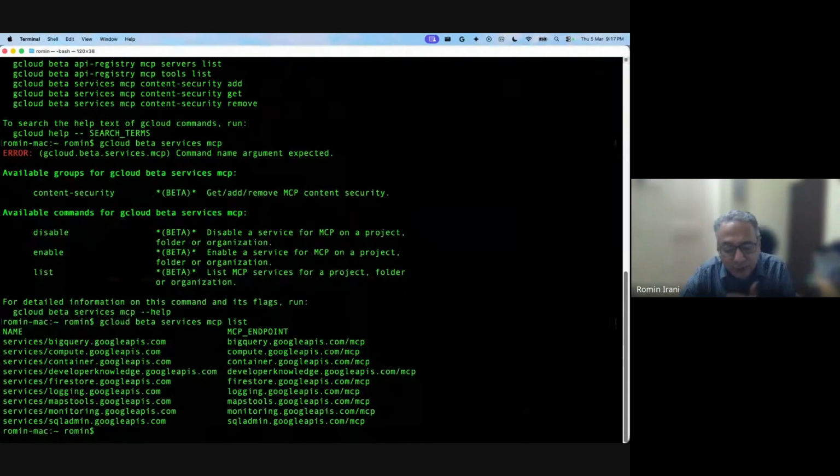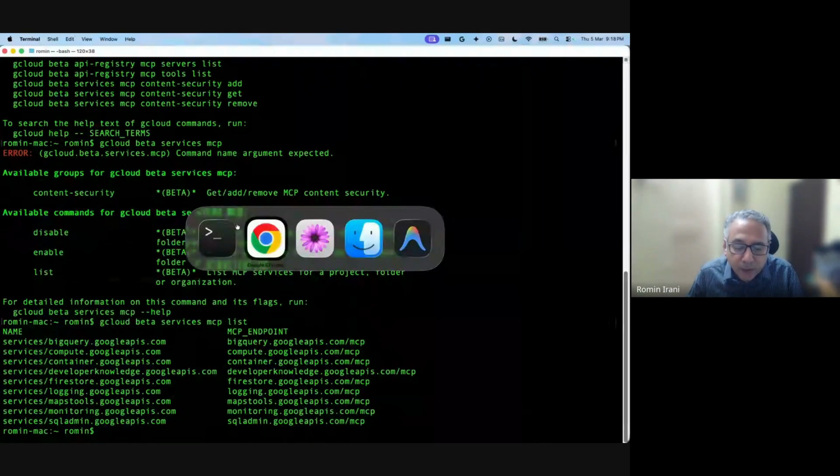Of course, that doesn't mean you can still call it, because you need to set the right role as well as the permissions. We'll see that in a while. So hopefully this gives you some sense in terms of the Google Cloud project: enable the services, and you've got the MCP endpoint enabled. For now, I'm going to be using Gemini CLI. I'm using the authentication that's done via gcloud, so it will pretty much be my account that has been given the right permissions to do the work. Let me go back to